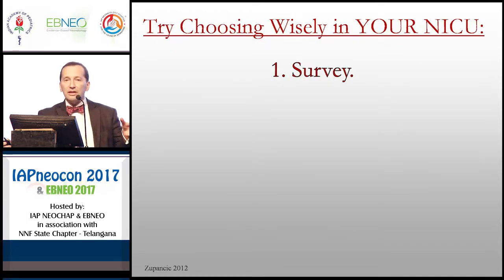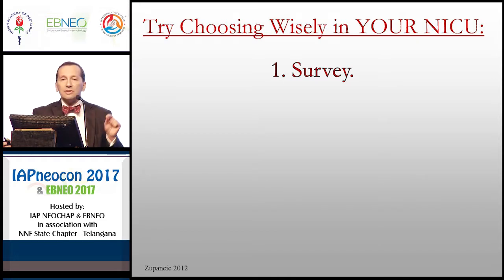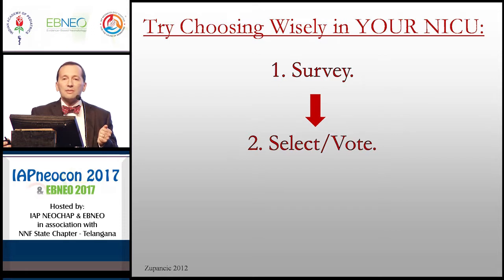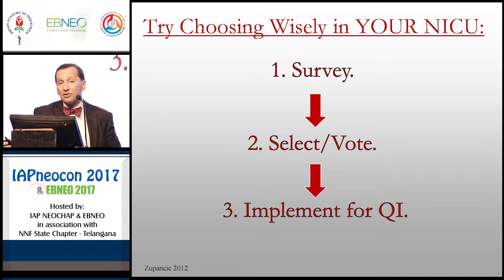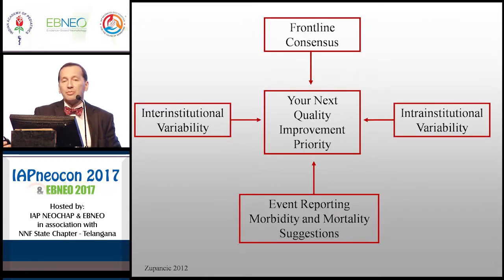Now, the interesting thing here, just to wrap up, is that although we did this at a national level, you can do this with 1 unit, or you can do this with a collection of 3 or 4 units, NICUs that you work with. You just give exactly the same survey to your staff and to your MDs. You ask them to give you ideas. You put all the ideas in a hat, and then you go through a process of selection and voting electronically, or I do this often in person, just by writing on pieces of paper on the wall and having people vote. And then that becomes the priority for quality improvement.